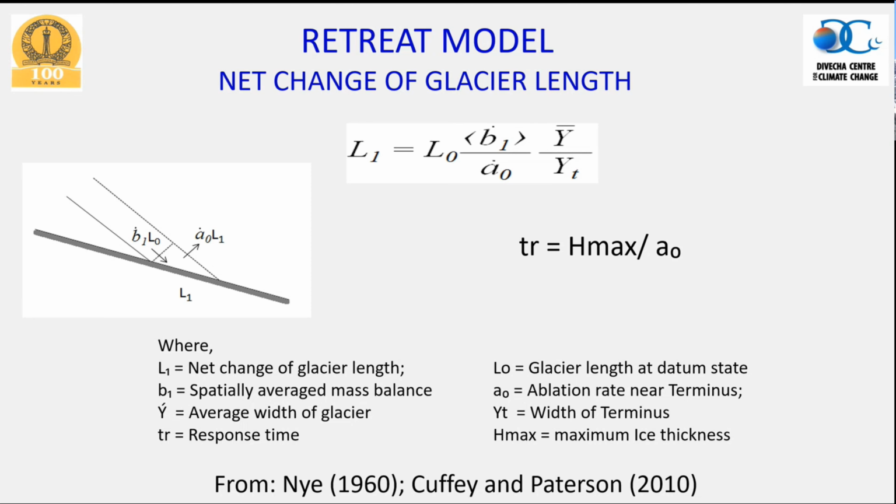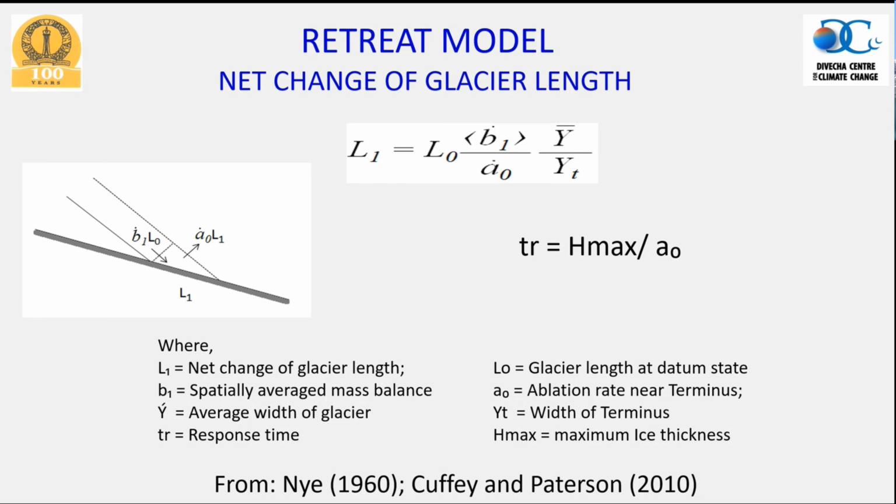If we apply this principle to debris-covered glaciers, what really happens is that debris cover is maximum at the terminus, and because of that A0 is very low. So for any given glacier, at any altitude or any place, if the glacier terminus is covered by high debris, then the response time will also be longer. That means it will be reflected in the retreat later. So that is the idea.